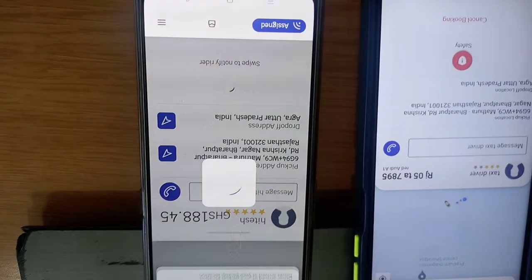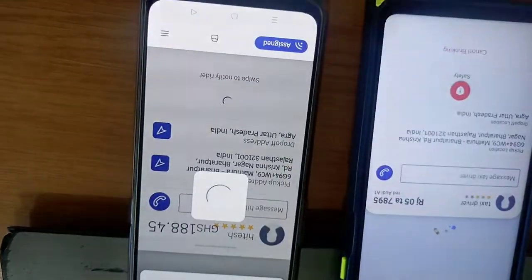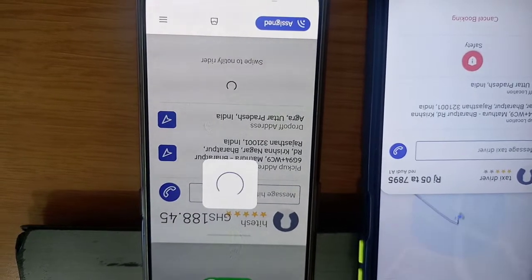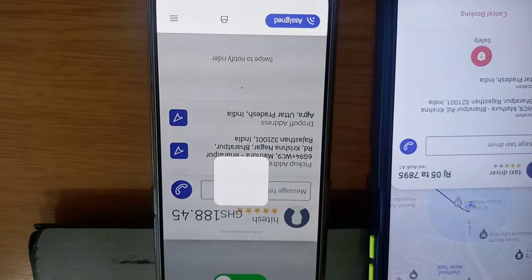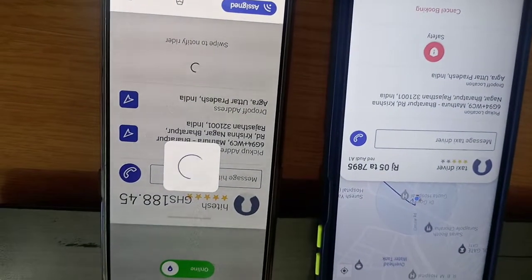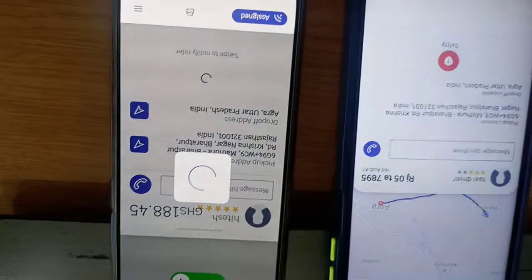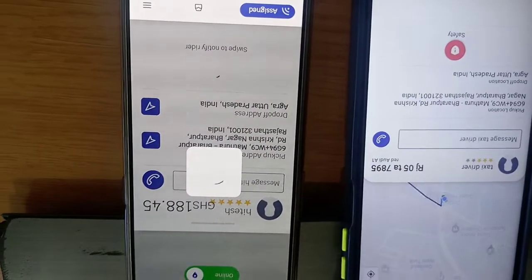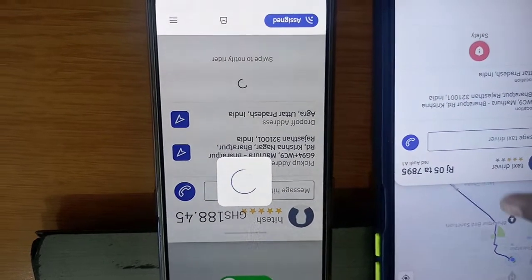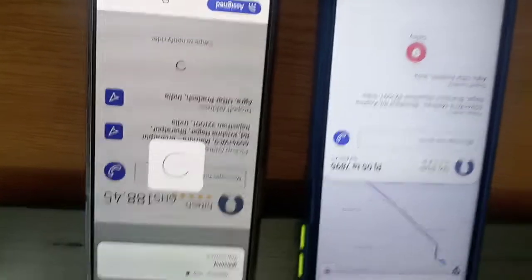So like this, now you are on the track. And now he will click on start trip. And the trip has been started.